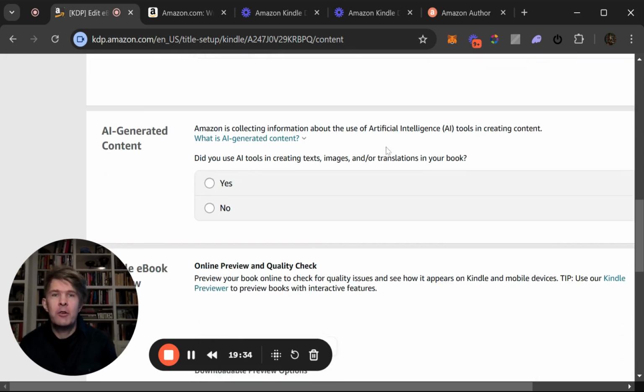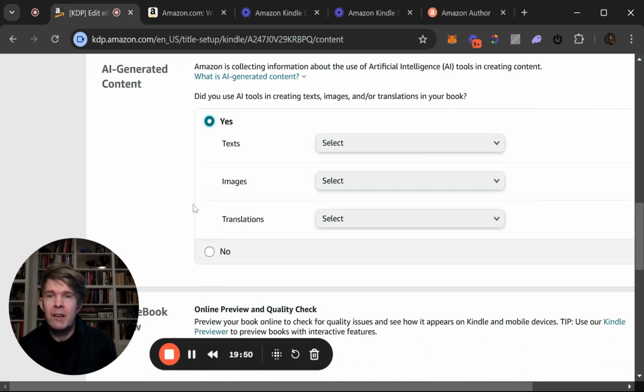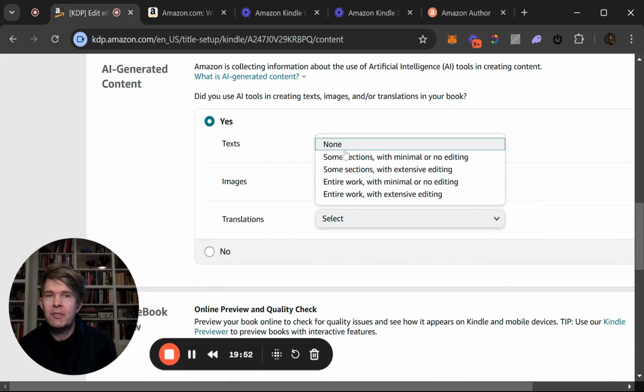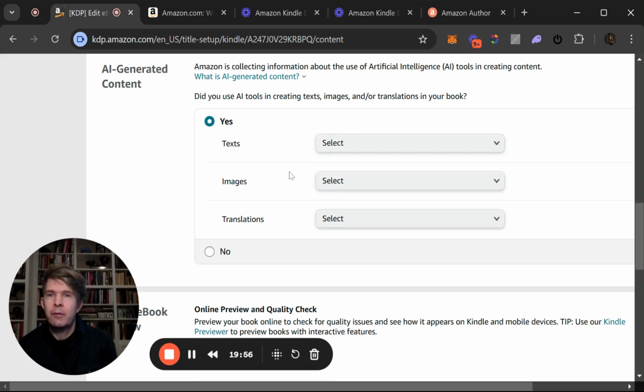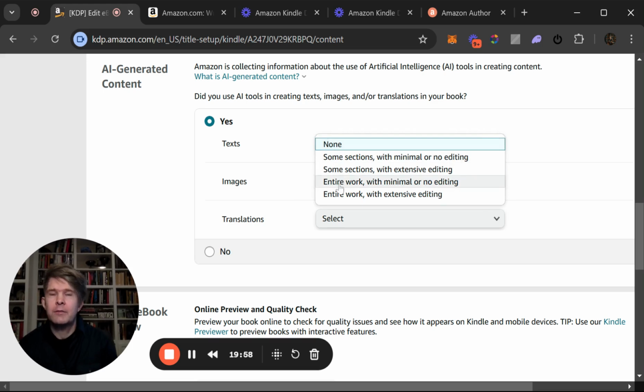And now they have this new thing about AI. They're not penalizing AI, and Amazon actually is making a pretty strong move, like most big platforms, into AI tools. They just want you to declare it. So if you choose yes, then you can choose how much or whether of your text you use for editing or writing. It's kind of a pain. I think AI is really useful for editing. I think there should be something for